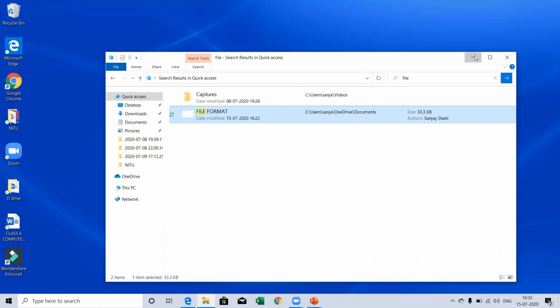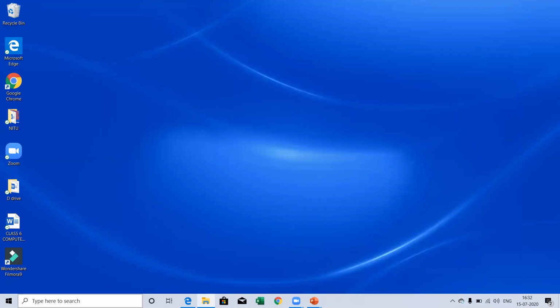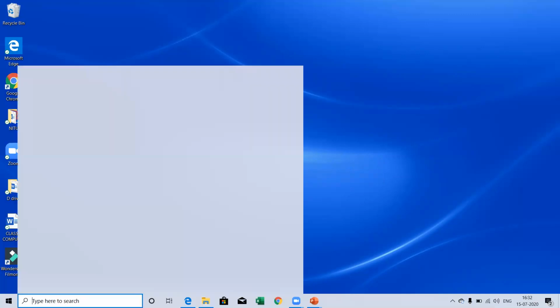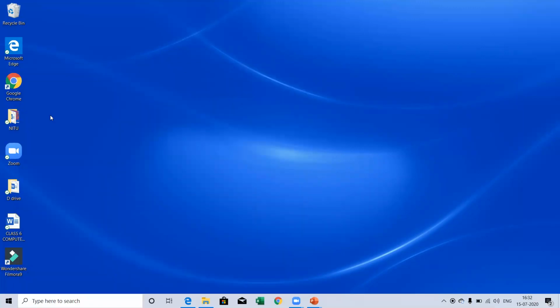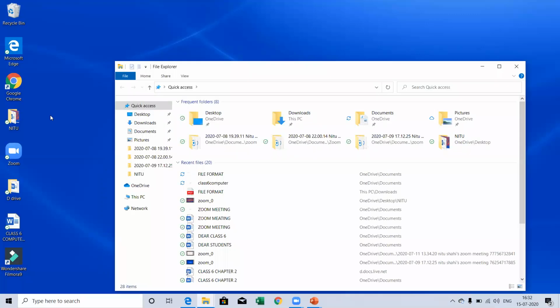Next, how can you search your file or folder with the help of wildcards? These two methods were with the help of File Explorer. In File Explorer, you can click, and the list of file names will appear.